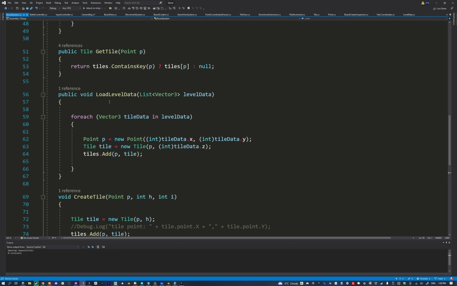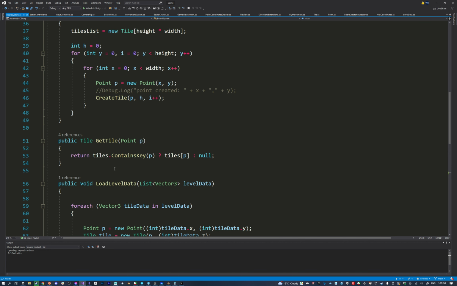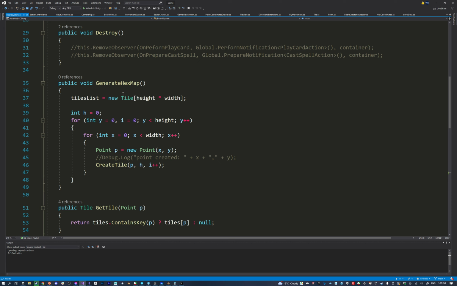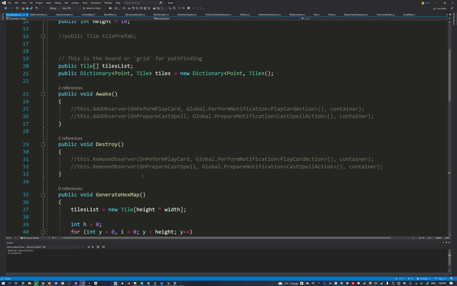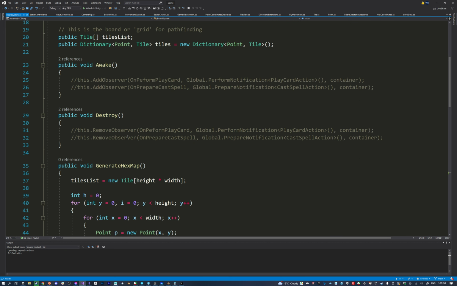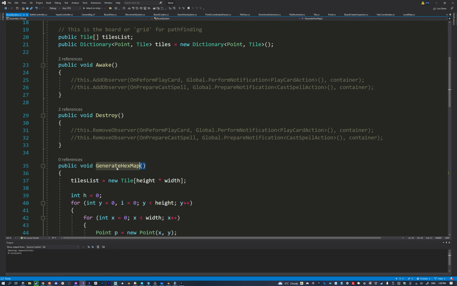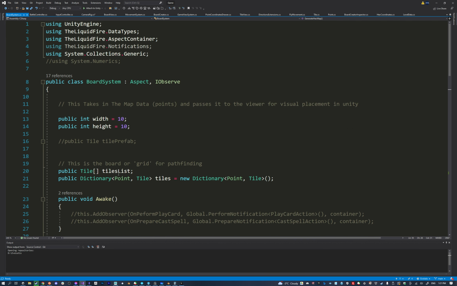Create tile, load level data, get tile, right? Here is just to generate the map. That's not even being referenced. This was probably placeholder code just to see, I have a height and width here. That's not even being used. I had some observers that I'm not even using. All this does, this entire class right now, is just holding